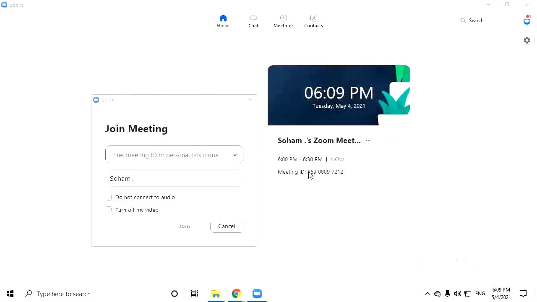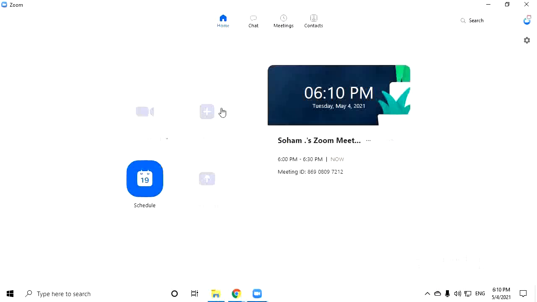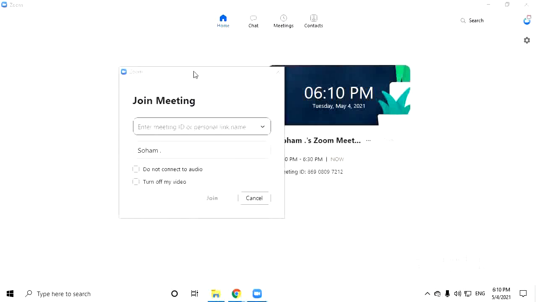So whenever the participant has given you his or her meeting, there would always be the meeting ID. So you have to now enter the meeting ID.